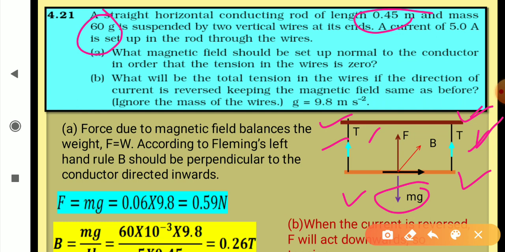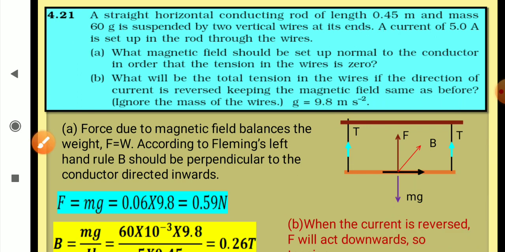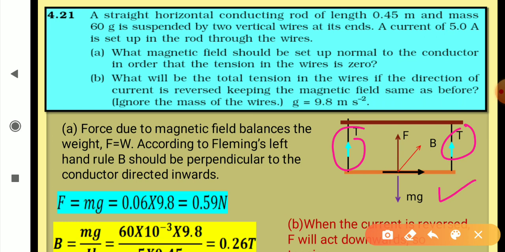Now the question is, what magnetic field should be set up normal to the conductor in order that the tension in the wire is 0? So here, if there is no magnetic field, this tension T plus T will be equal to the weight of the wire,